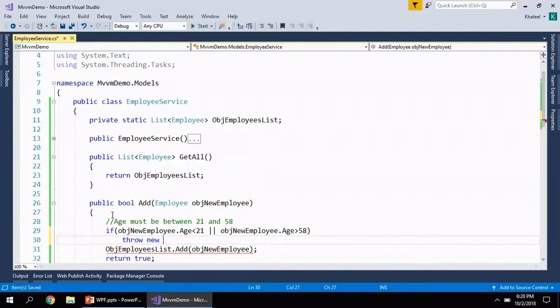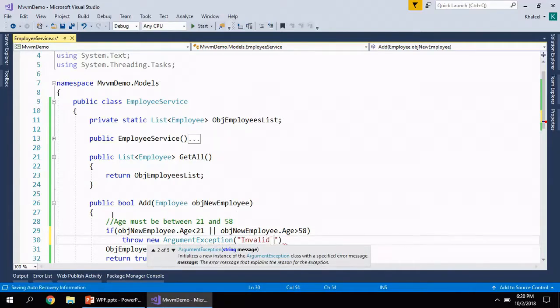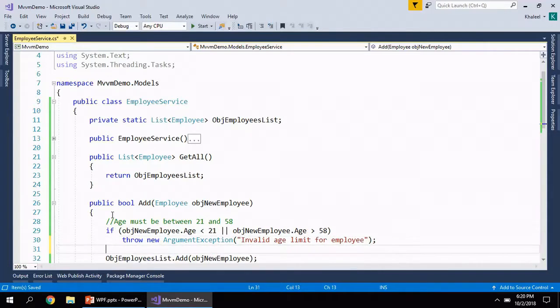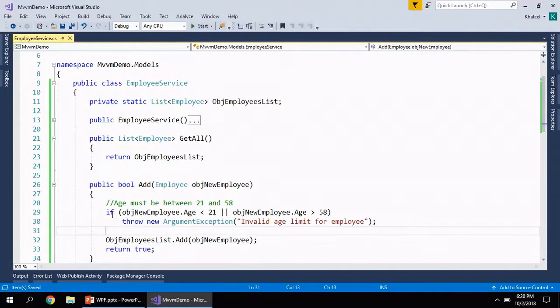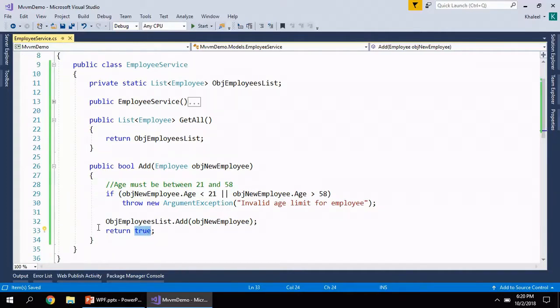We will say throw new ArgumentException and we will say invalid age limit for employee. So like this, we might have more validations for other properties of the employee. We can have all our validations before adding an employee. So in case the age does not fall in this range, we throw back this exception, else we go ahead and add an employee into that collection and we finally return back true.